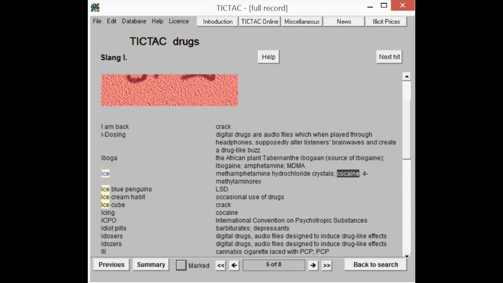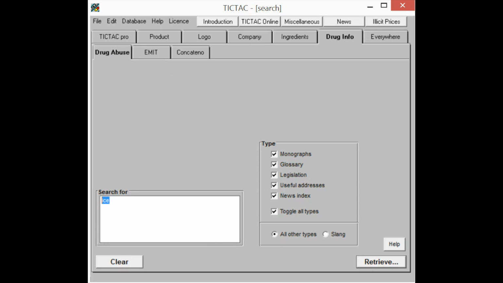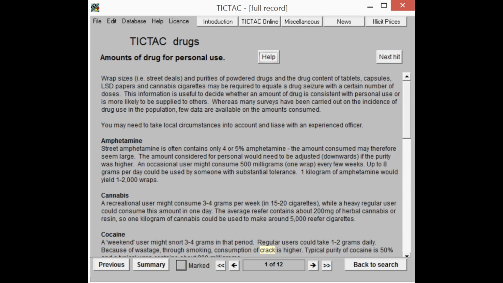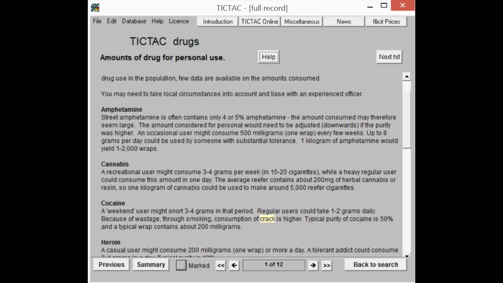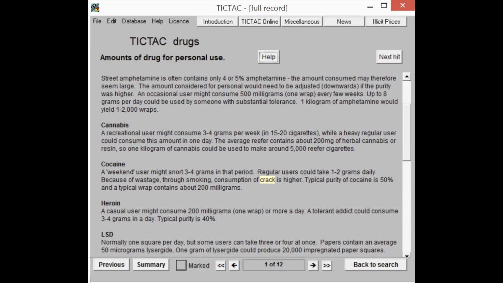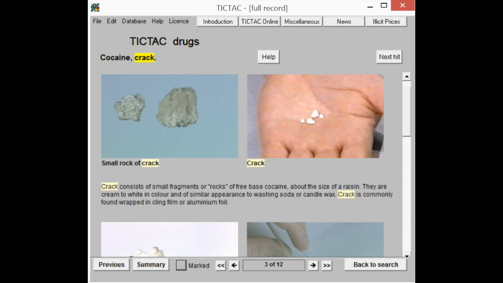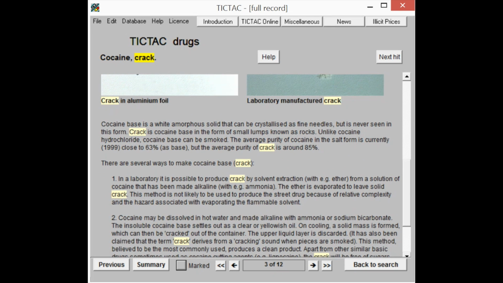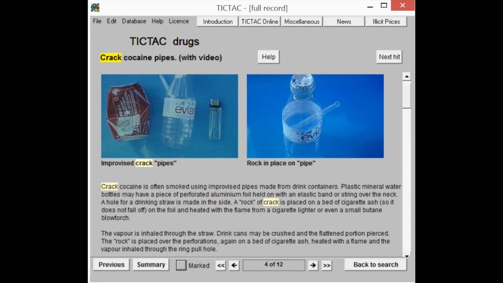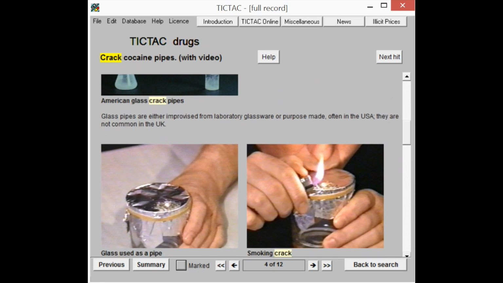So that's the drug slang dictionary, but there's much more than that. Let's assume perhaps that you would like to find some information on crack, whether it be for a presentation or something for an upcoming trial. Simply type in crack, hit retrieve, and a list comes up, and if we just scroll through these, the types of things that we have in terms of information about crack, we've got the paraphernalia for it, images of crack, how crack is smoked, various pipes, videos on how things can be made into pipes from just standard household goods,